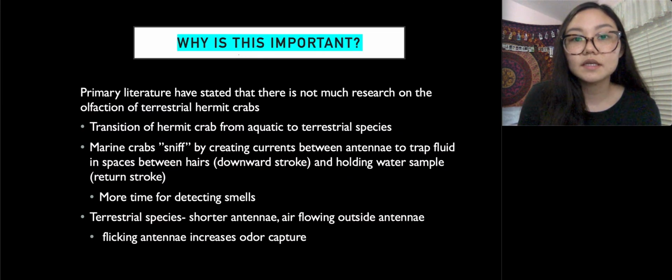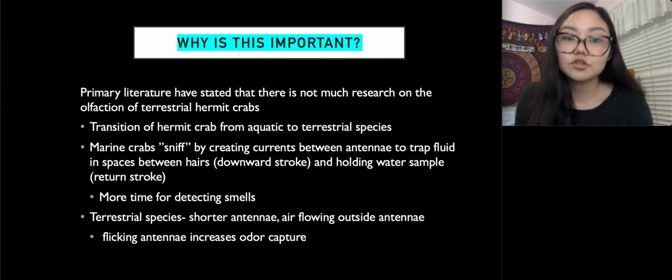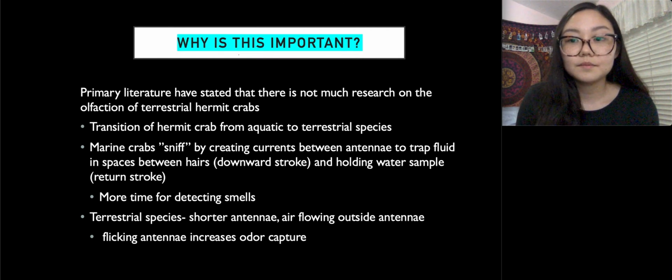This type of experiment is important in that not much is known about the olfactory system in terrestrial hermit crabs. More is known about aquatic hermit crabs, in that they sniff the water or odorants in the ocean by creating currents between the antennae to trap the fluid in spaces between the hairs during the slow downward stroke, and then they hold this water sample and detect the odors during the slower return stroke. However, in terrestrial species, they have a shorter antenna and they use air flowing outside the antennae to observe any